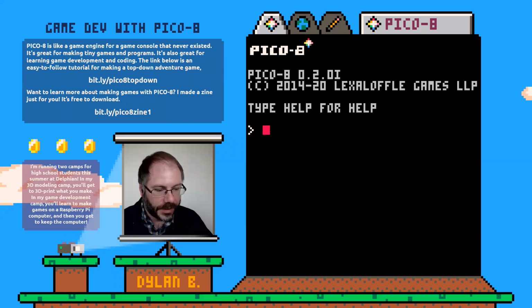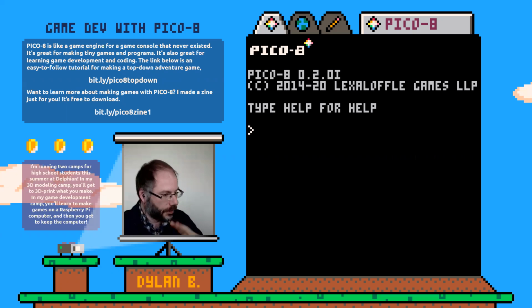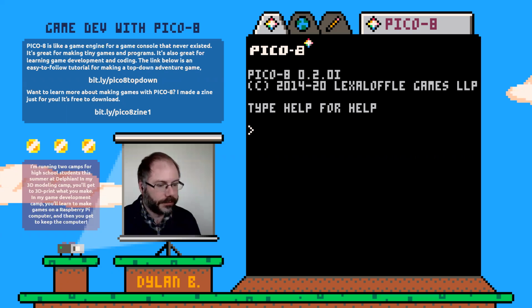So London, if you look in that email, it gives you a web link to click on. If you click on that, that's where it wants you to put in the code. And then you also put in your email address and so forth. And it gives you the download link to download Pico 8, this program, for your computer.